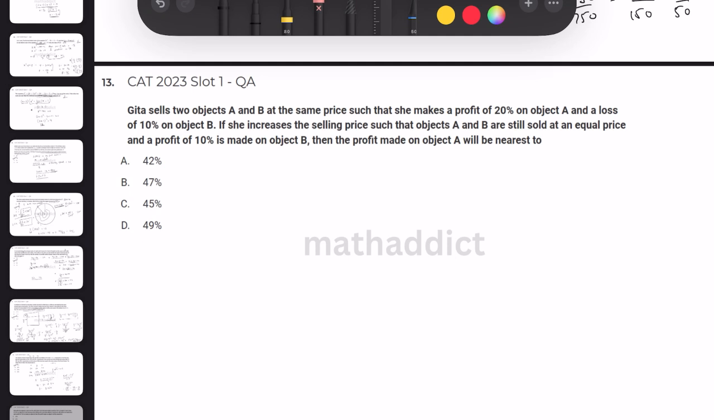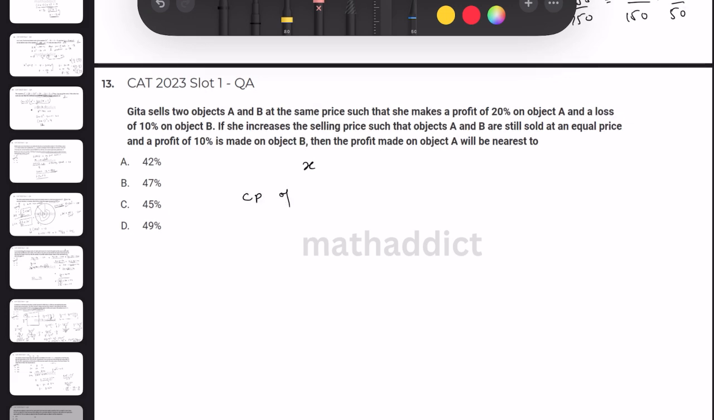So Geeta sells two objects A and B at the same price. Let that price be X. She makes a profit of 20% on object A, so the cost price of A should be X upon 1.2. And a loss of 10% on